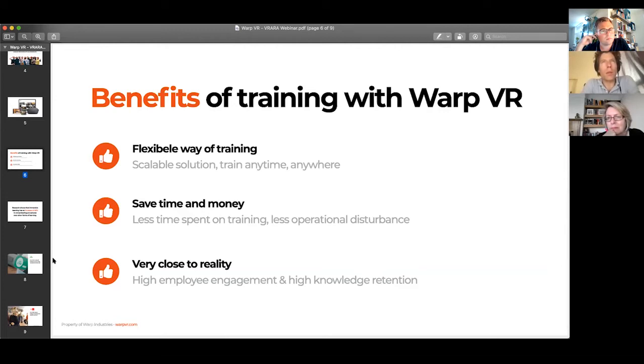What we're seeing is that it needs to be embedded within the organization, right? You can't just say, here are 10 headsets, good luck. You need an embedded program. And if that's done right, people are definitely willing to wear the VR headset and to be trained that way. Very often there's a bit of a threshold in the beginning, and people are a bit anxious, because once you wear the VR headset, the world around you disappears because you're in that virtual world. That can be a little bit scary in the beginning.